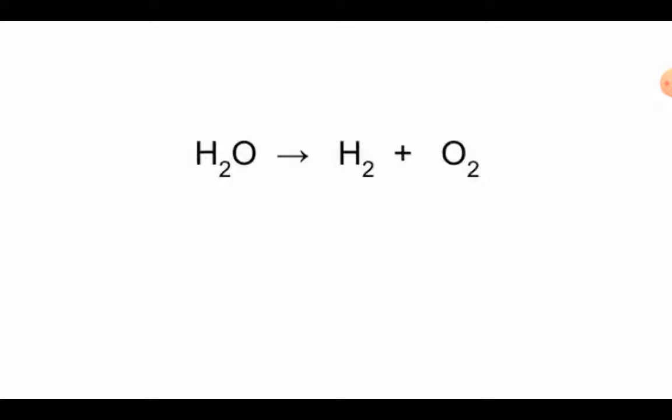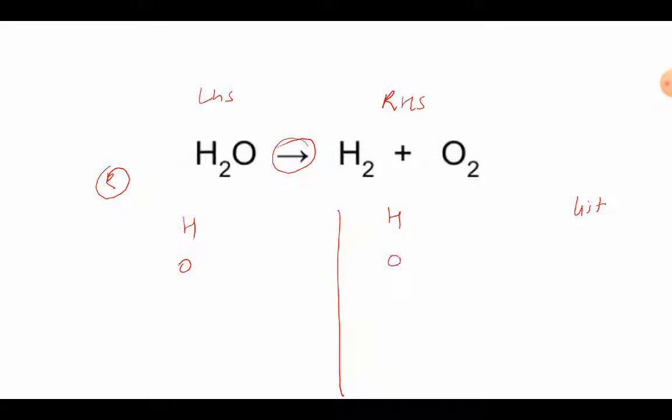We all can see that this is an equation where we have the reactant on the left hand side of the chemical equation, and on the right hand side of the arrow we have the product. So the very first step is to make a list of elements, hydrogen and oxygen on the reactant side, and again hydrogen and oxygen on the product side. After making the list, we have to write down the number of atoms of each element.